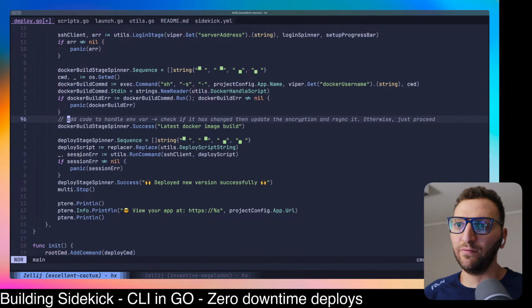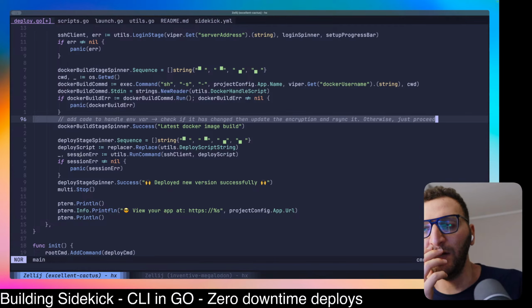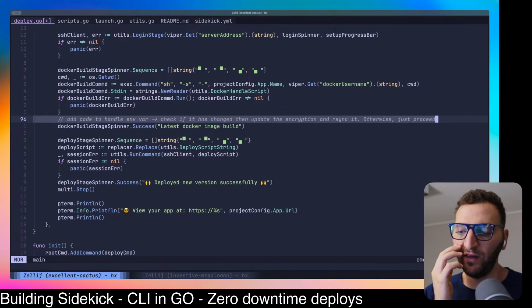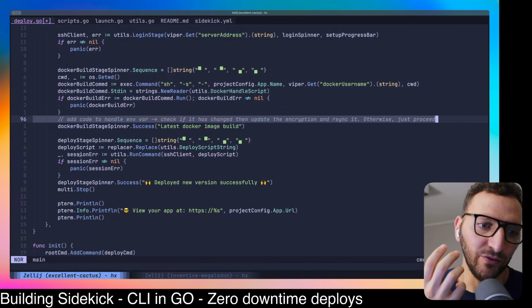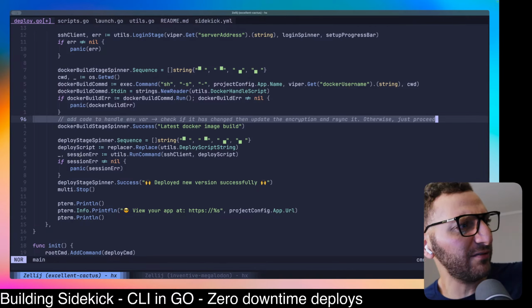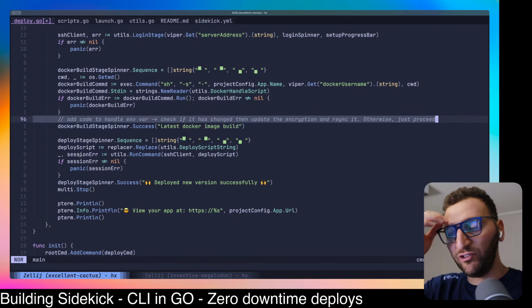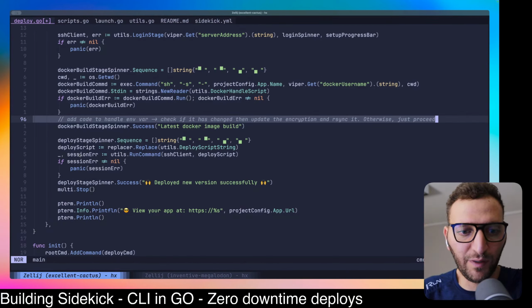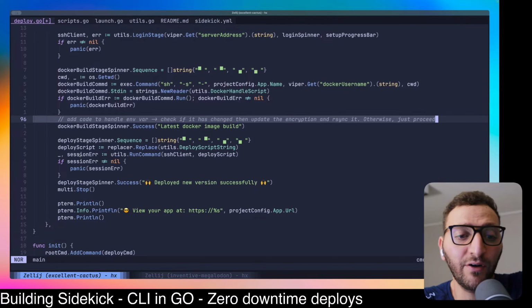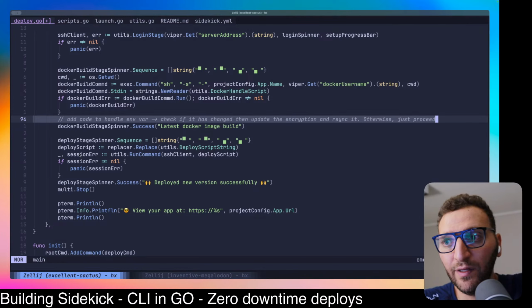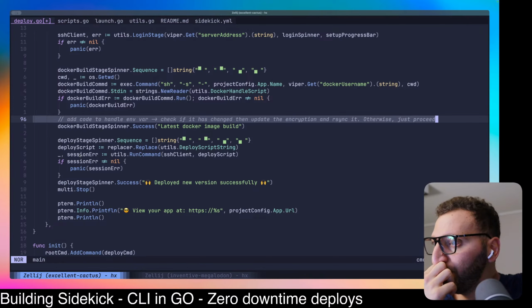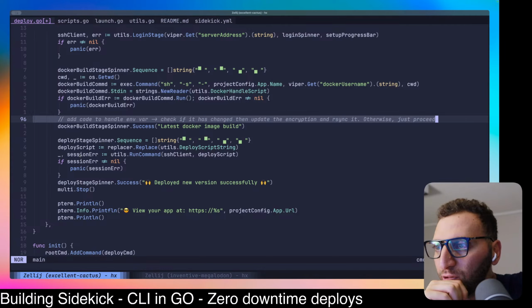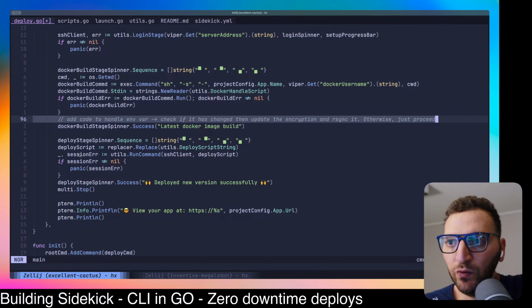We need to handle if the env variables have changed, and if they have changed, then we need to be able to re-encrypt the environment variables and then push them again. That's important because if you want to deploy again, by default you kind of redo the environment